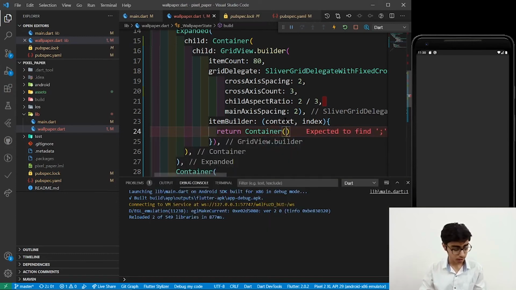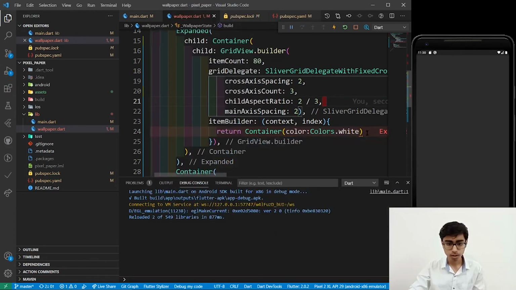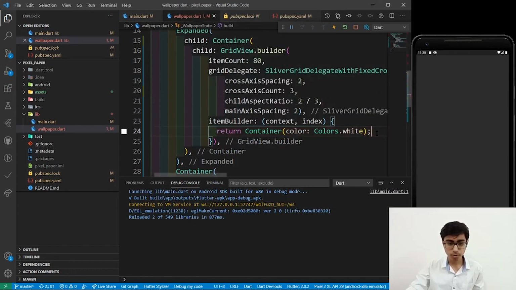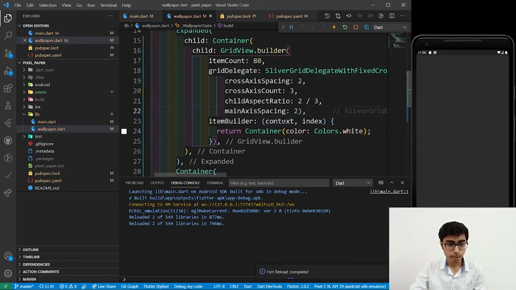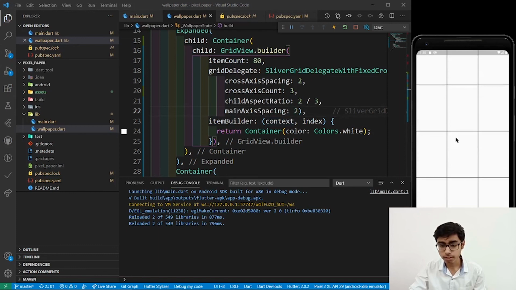So return a container. The color will be Colors.white. Let's put the semicolon. Now let's save it, and as you can see, amazing, we are going to get these tiles. So that's amazing, we have got the tiles now, right?